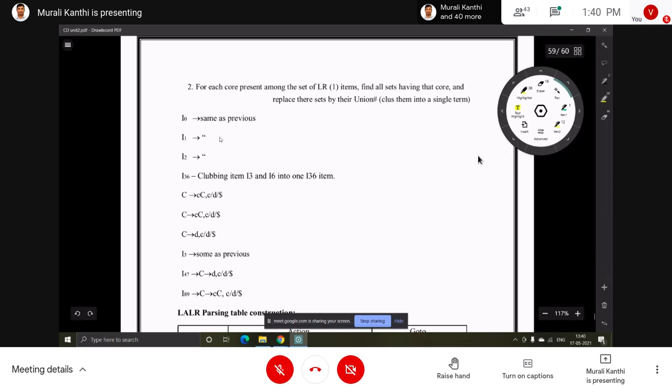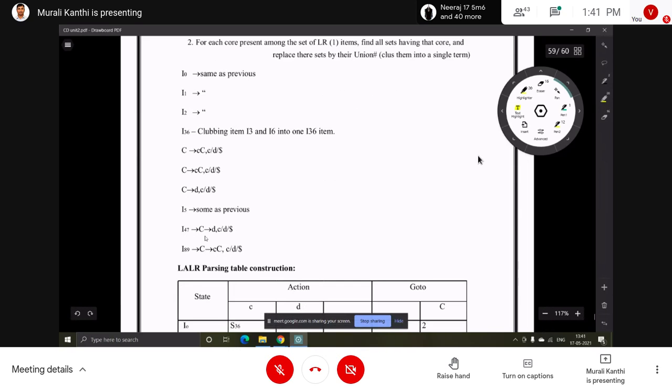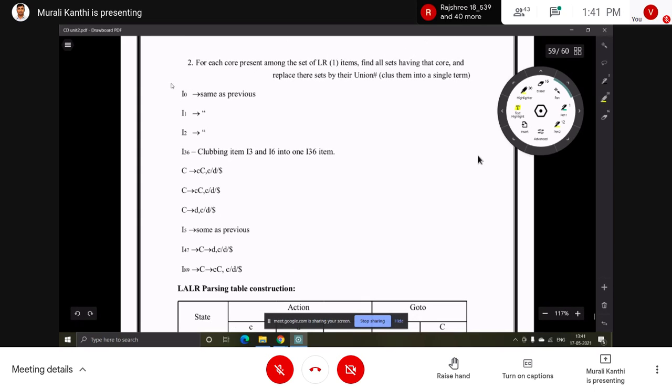For this grammar we get I36, I47, I89. So how many states: I0, I1, I2, I36, I47, I5, I89, 7 states. Previously there were 10 states, now 7, so 3 states are reduced.